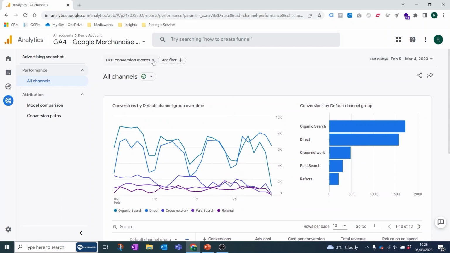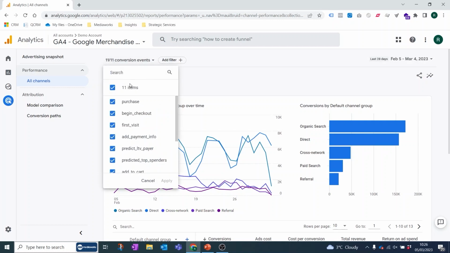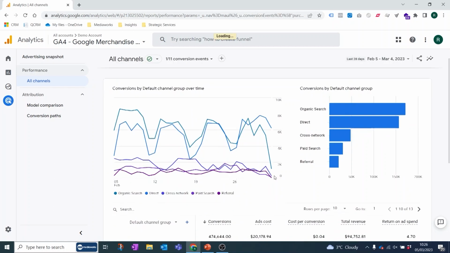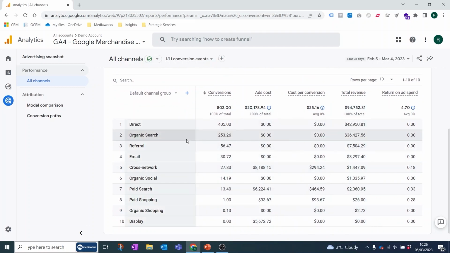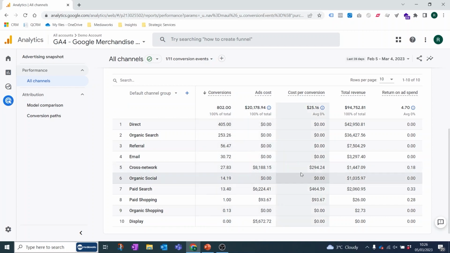Then really the only thing that is important here is that you can change the conversion events that you want to model this on. So for example, if I only wanted to look at purchases in this revenue example, that's how I would do so. Then if we go into the attribution section, there are two key reports: model comparison and conversion paths. So if we start with model comparison,